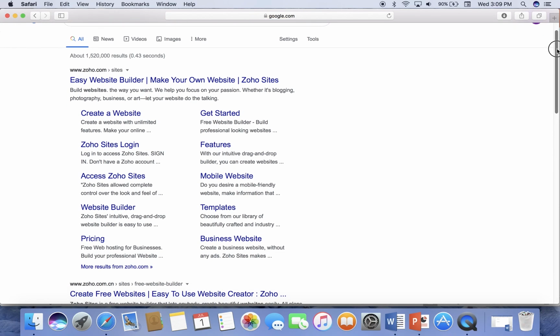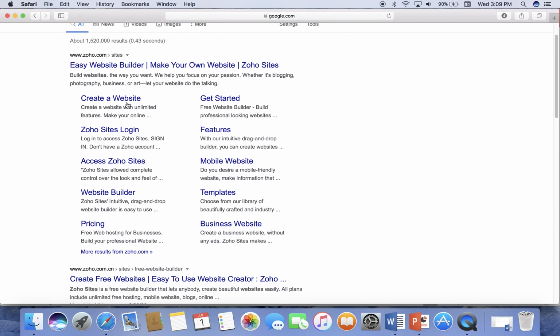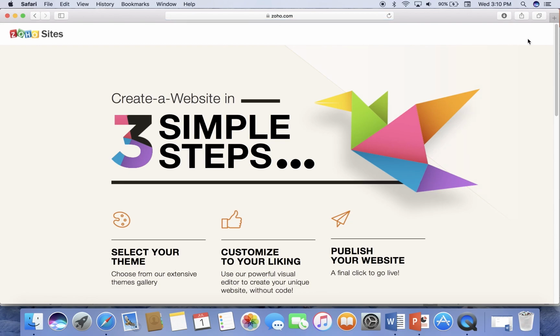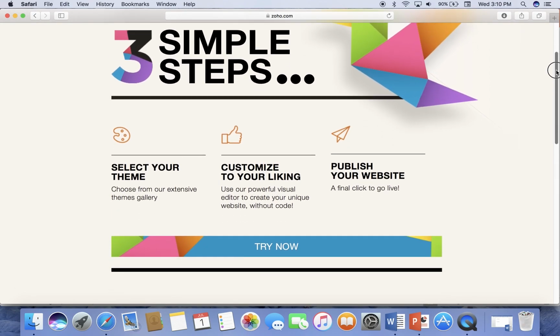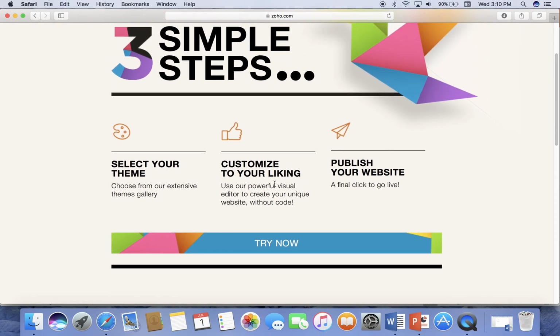Now scroll your cursor down, create a website. Now you can see this environment. Students, over here, select your theme, customize to your liking, publish your website. Try now.